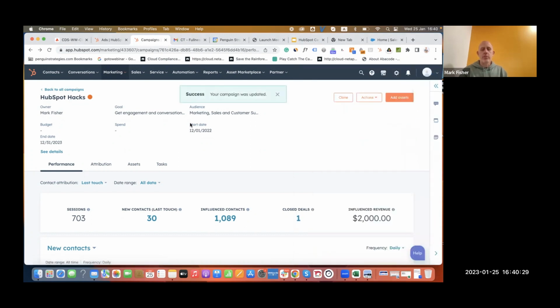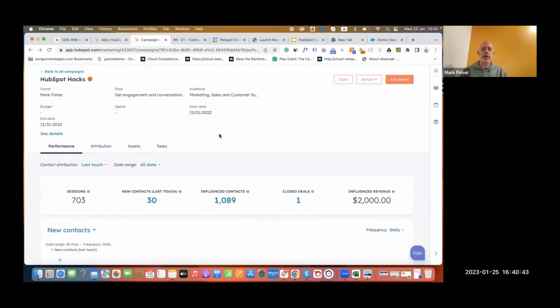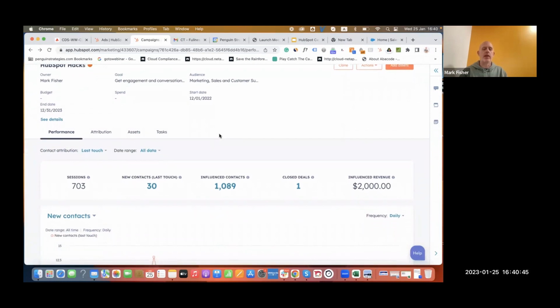So the start date is really important because for anyone that converts before then, HubSpot doesn't know how to connect between the campaign and when they came in. So it's important to know that you always add the start date. Once I add the start date, then I actually have the analytics and the analytics come in correctly and say,